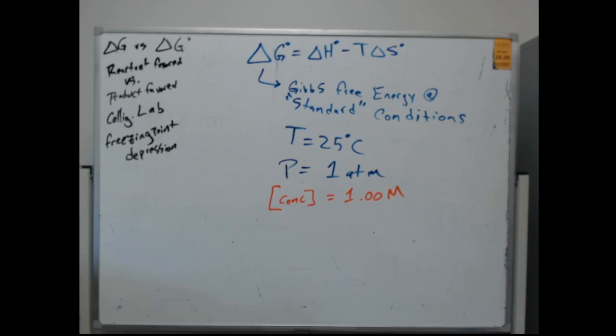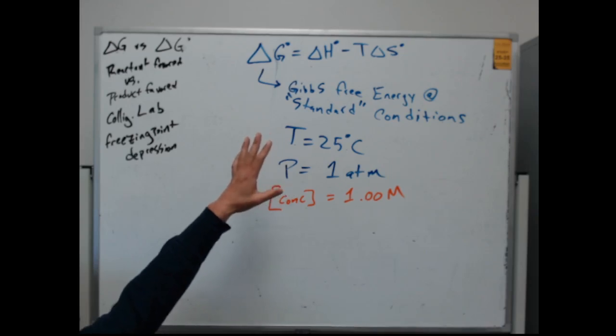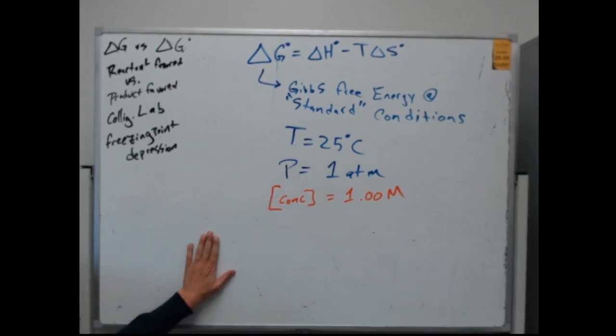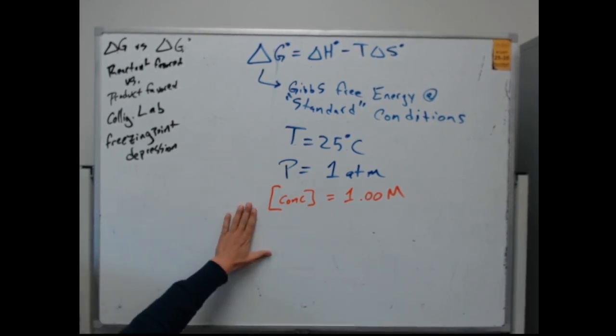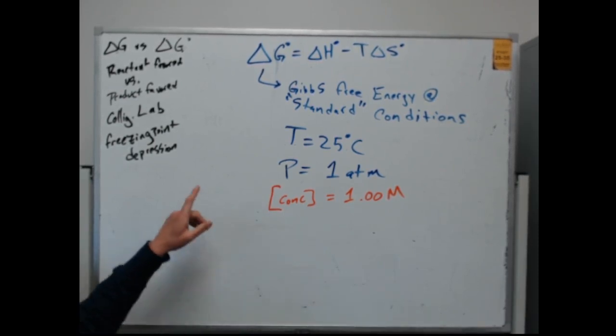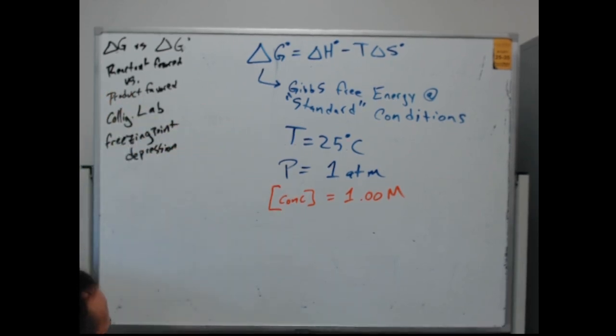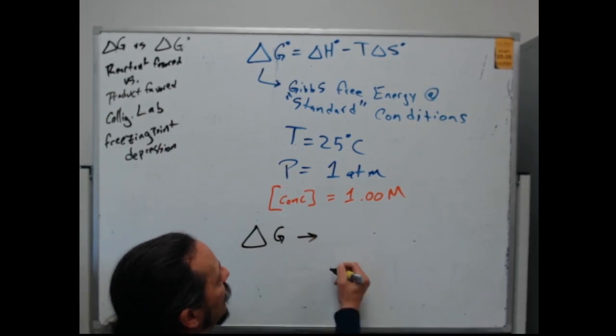As we switch from talking about thermodynamics and thermodynamic equilibrium to chemical equilibrium, we're going to shift from talking about joules per mole to talking about moles per liter, concentrations. And so that's where that standard condition is going to become really important. So delta G without the superscript, that's the Gibbs free